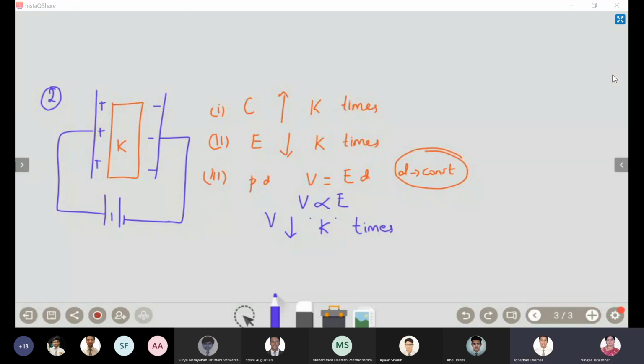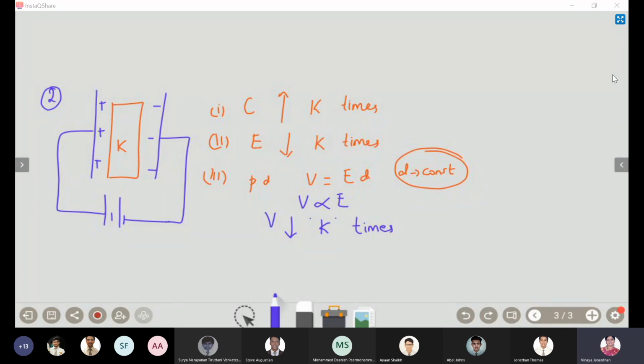Ma'am, it's still connected to the same voltage source, right? So why is V decreasing? Connected to the voltage source, but you have a dielectric medium now. The moment you put a dielectric, the electric field will decrease. And does the charge remain constant here? If it is in the charging process, charges will not remain a constant. If it is completely charged, fine.